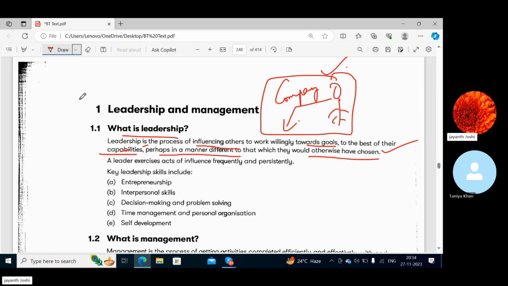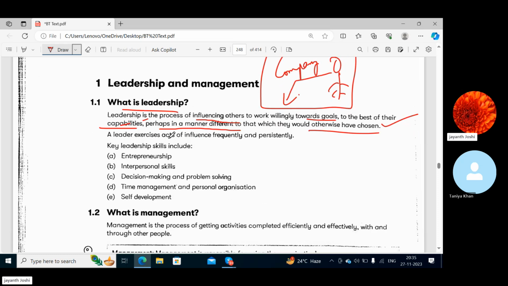So a leader is someone who influences people to work on and achieve their goals, which they would not have done if someone would not have been there to show them the path. That is what I can conclude, right? So a leader exercises acts of influence frequently and persistently. That's what he is, because he has also achieved that feat, and continuously